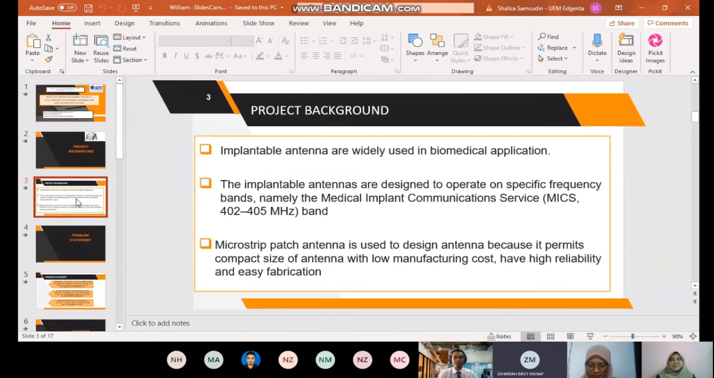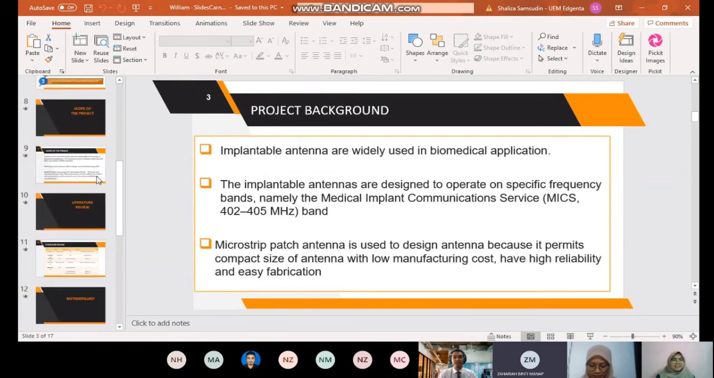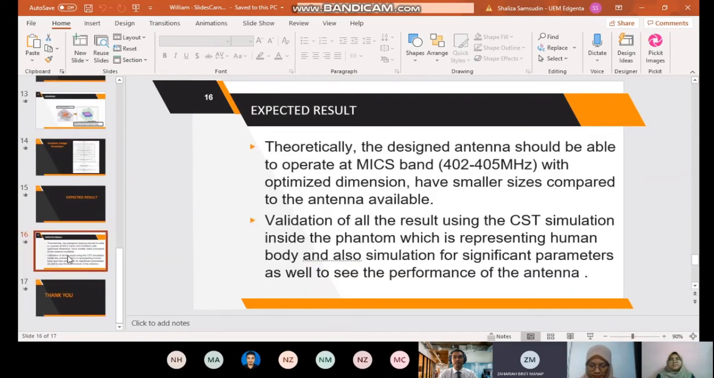Fatin, I have one question for you. Could you please go to your expected result? Before I ask my first question, my pre-question is: are you going to fabricate your antenna? Oh, at first, before the MCO, I planned to fabricate the antenna, but with the situation right now, I will just design the antenna, and we will do 4 types of substrate. Based on 4 types of substrate: FR4, Rogers,